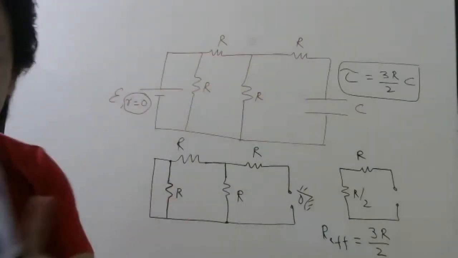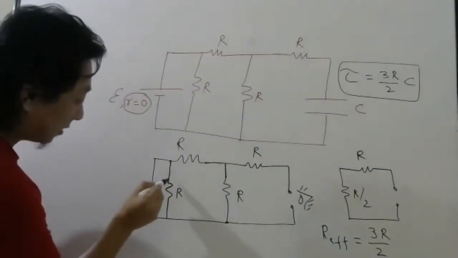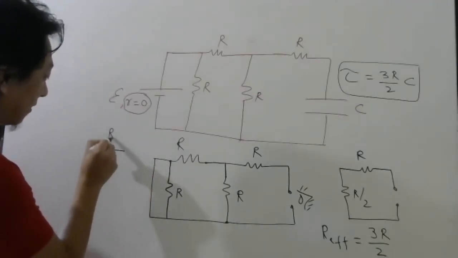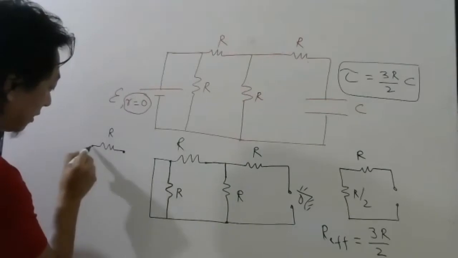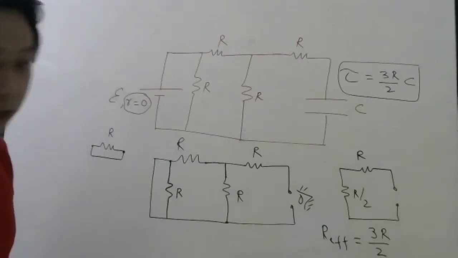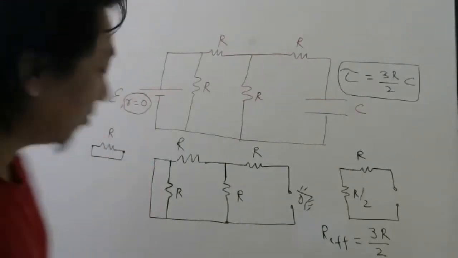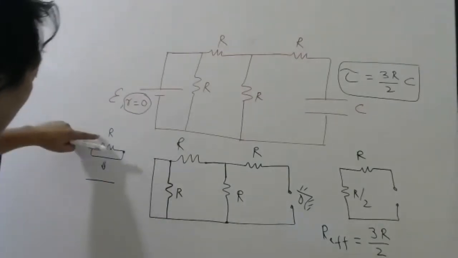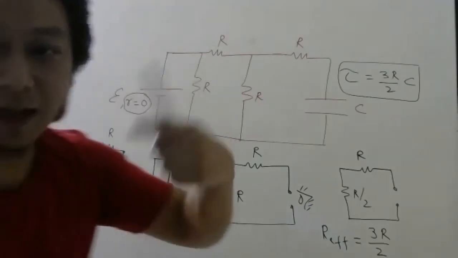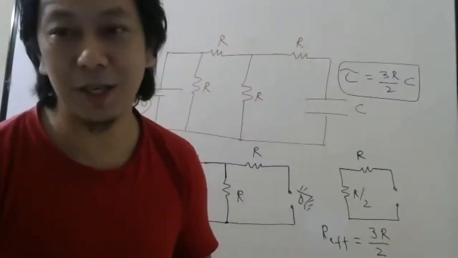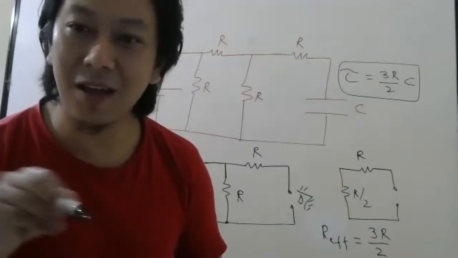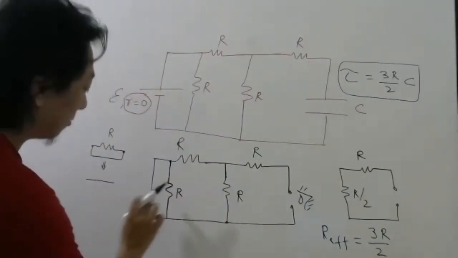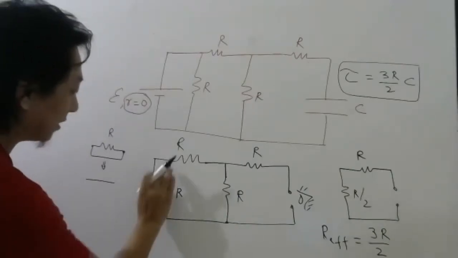Four R's are here. Now see the beauty. This resistor has been shorted. Shorted means if there is a resistance R, between its terminals, if you just put a wire directly, then you know this equivalent will be just a wire, because this is R, this is 0. So R and 0 in parallel will give you 0. R into 0 divided by R plus 0. So this R will be ineffective. That means you can replace R and 0 by just 0.